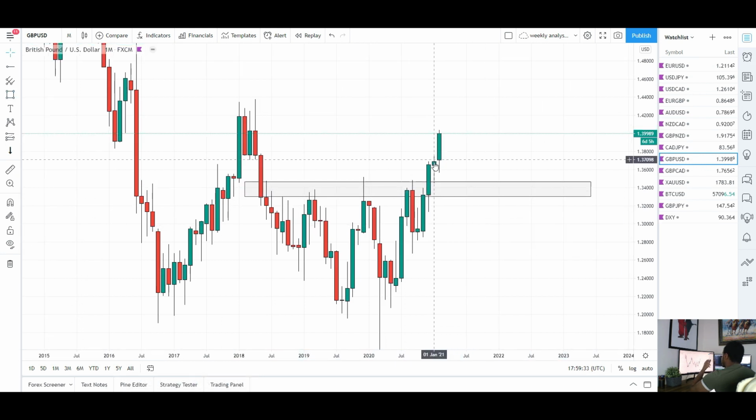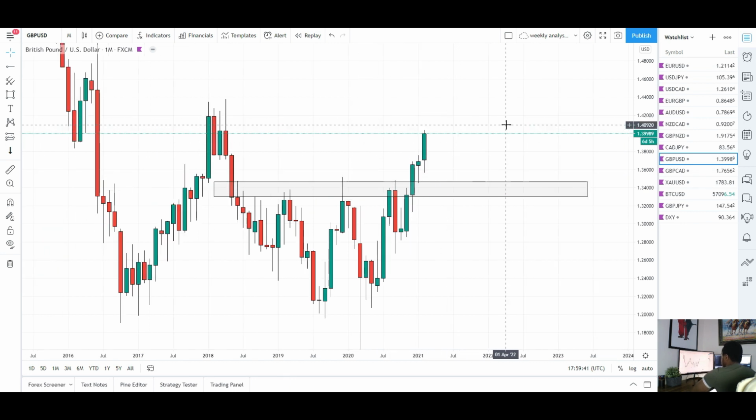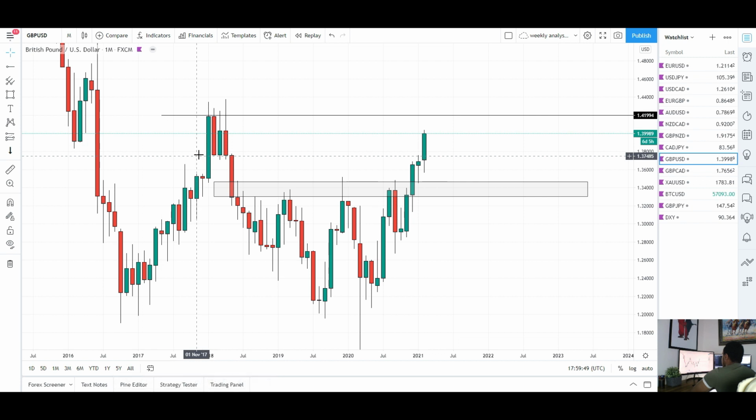Price finally broke out of it, retested January, and I did say we do expect to see quite a bullish February because that January candle was just a retest, and as you can see, we're seeing that continuation to the upside. We're seeing the true breakout here on the monthly time frame. So I do expect for us to get to 1.42, which is this resistance up here. Again, I do actually expect us to take out 1.42 and see some new highs, just because